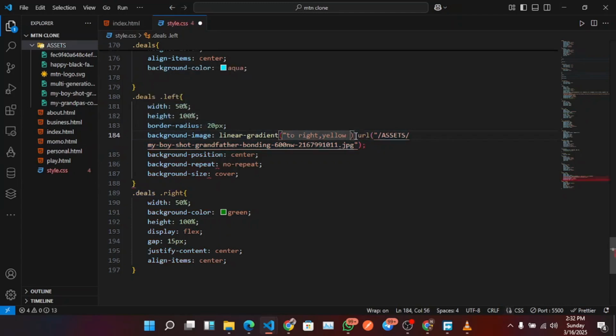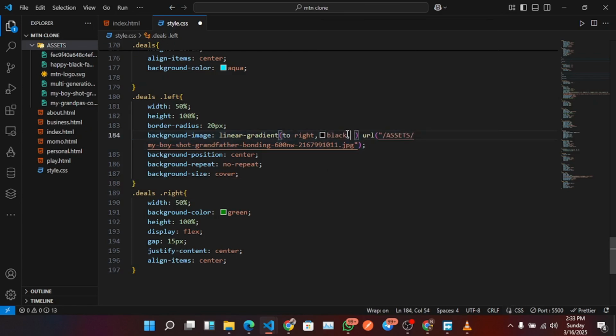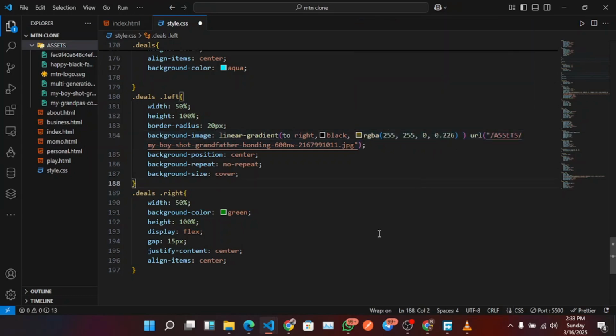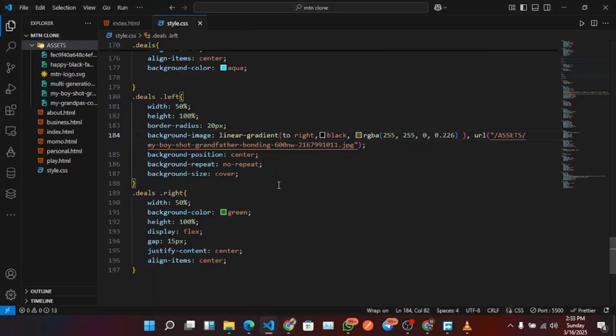We remove these quotes, set to right, we need yellow, and let's say we don't need black, okay, and yellow. So we can remove opacity, reduce opacity of yellow. Let's see what we have. Need to put a comma here and see what we have. Okay, so we can